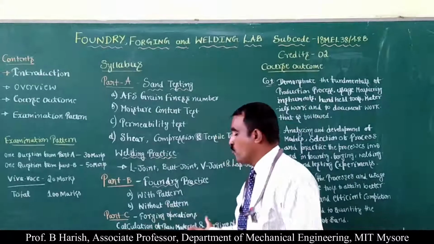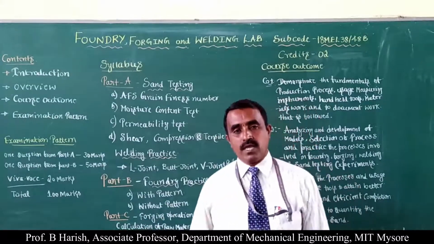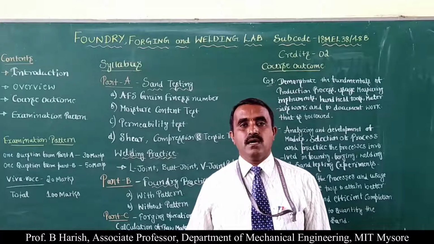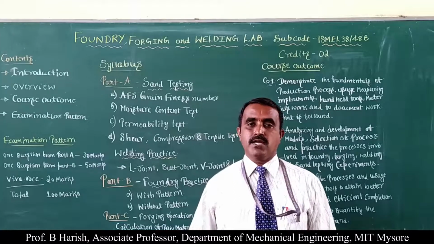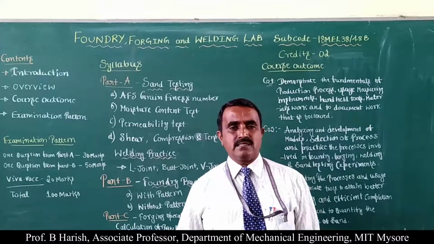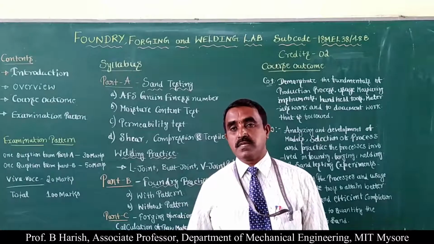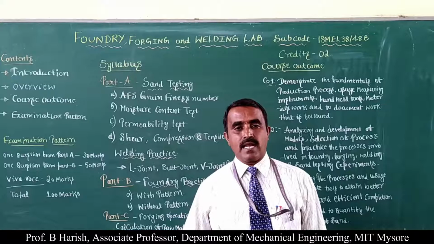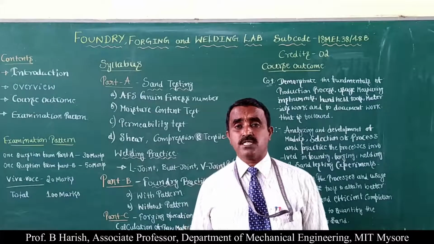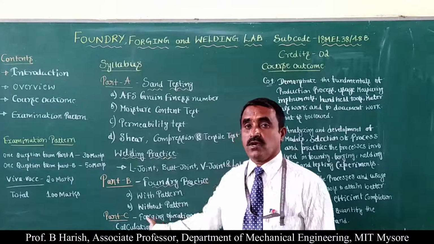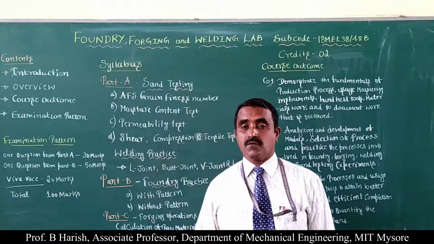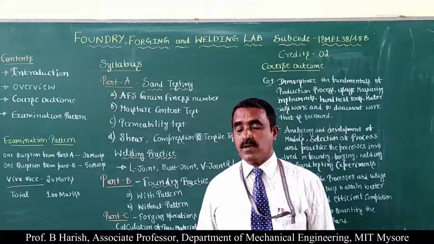Now to Part C, forging. In forging, we heat the metal to a red hot condition and then apply external pressure and bring it to the required shape. One more thing about forging is that earlier it was known as smithy, because it is carried out in a smithy shop. Hence, forging is also called smithy. We heat the metal and apply the required pressure to get the required shape and size.